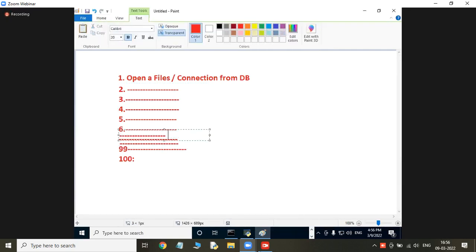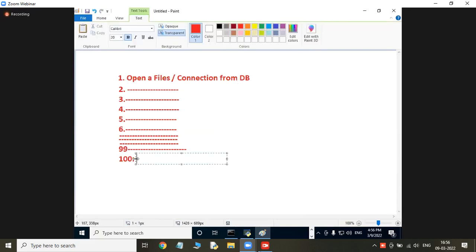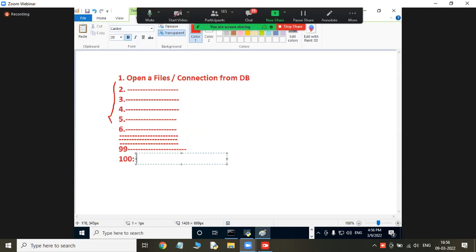Next, see students, when I am opening the file, the file is opened successfully and I got the database connection successfully. Once a file is opened and the database connection is done, after your entire operations are completed, is it necessary to close my file or not? Come on, students. Yes.